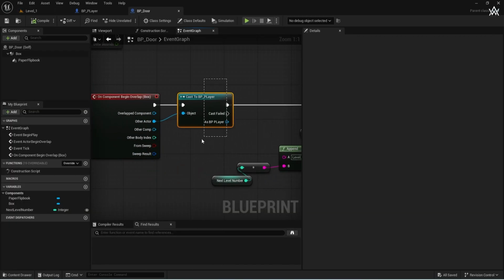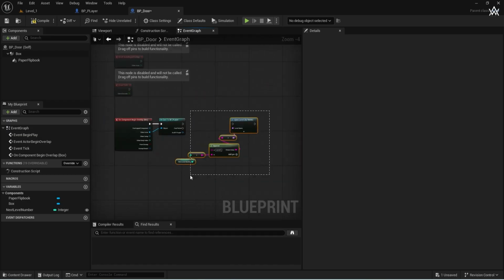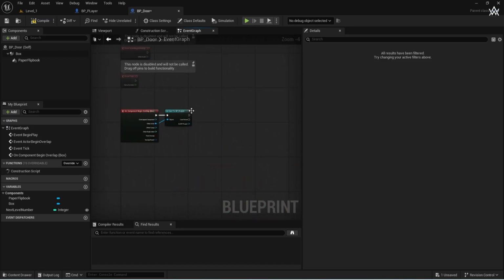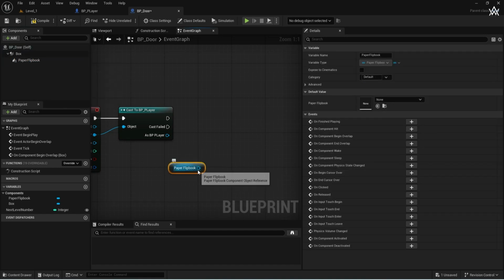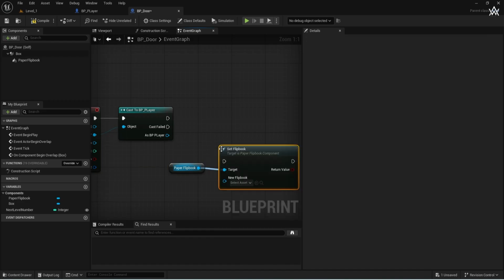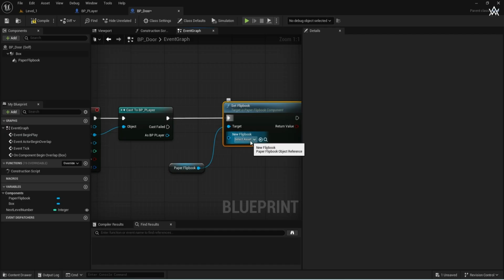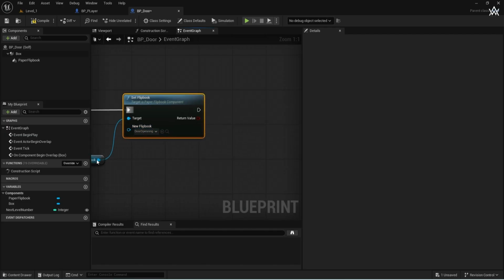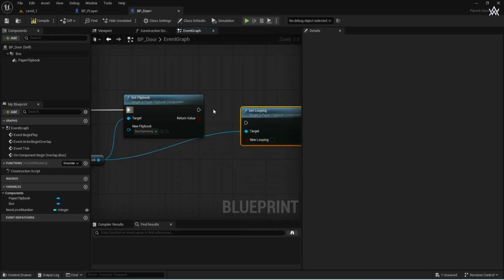After we check if the player is colliding, we don't want to go to the next level right away. So let's just drag and drop these over here so we have some space. In here, first we want to set the FlipBook, right? So we get the paper FlipBook and we say set FlipBook, right? And connect these two here. What FlipBook we want to play is door opening. So choose door opening in here and make sure you set looping to false,